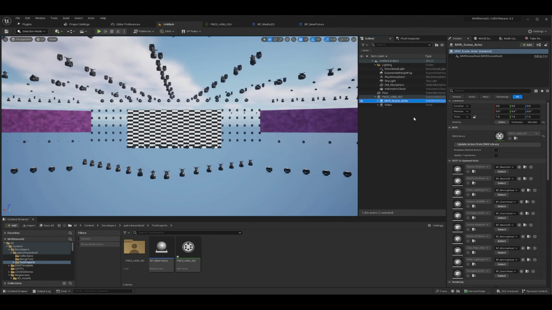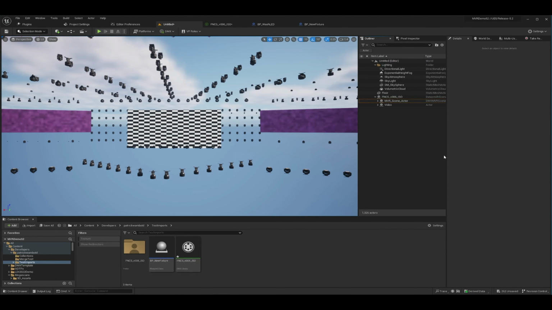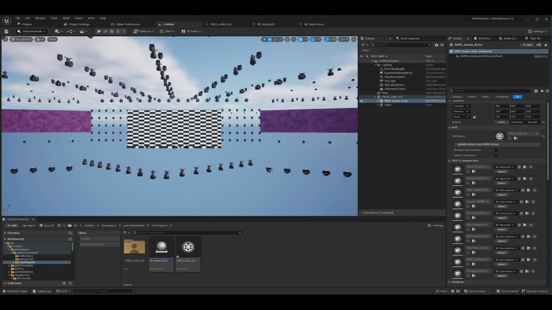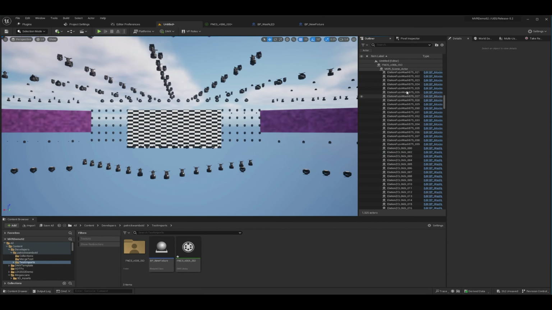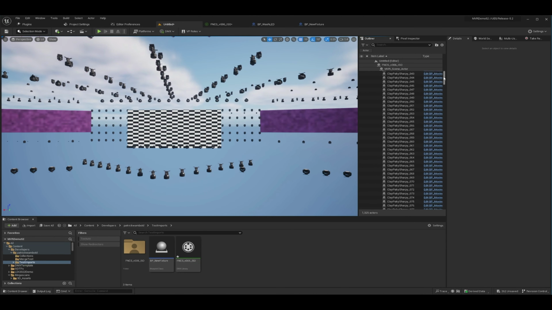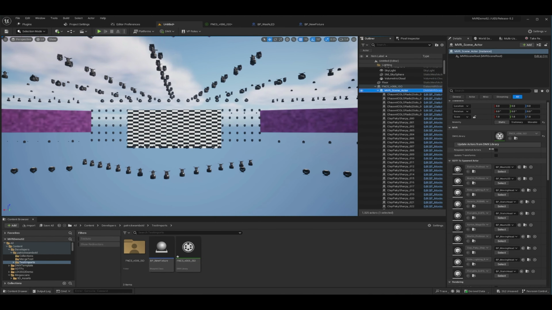So this scene actor is that link, and it says if we want to use this chorus line, use this fixture type to represent it. Since we don't have a fixture library of our own that we maintain, it's just these generic placeholder styles that it's going to try and choose from. A couple of things you can do with this: let's say I moved this one and I deleted this actor. I can go back to this MVR scene actor and use respawn deleted and update transforms to get us back to where we were. This will apply to the entire library, so use it with caution if you've already made some edits that you don't want to undo.